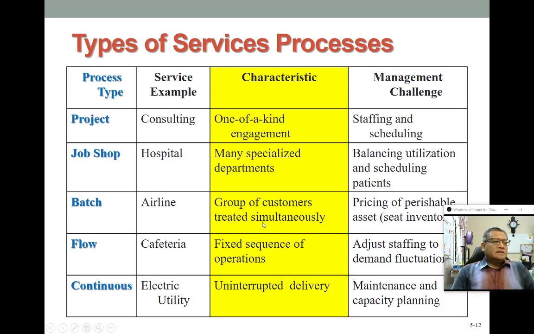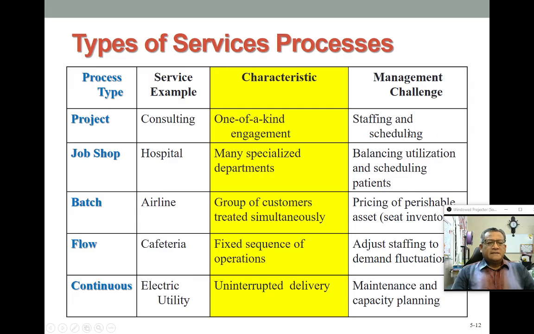Let's take a look at the types of service processes. There are many types which are explained in the book. Basically, there are 5 types. For example, the project type, like consulting, right? The service process is basically one-of-a-kind engagement, and the management challenge is staffing and also scheduling, because normally the time